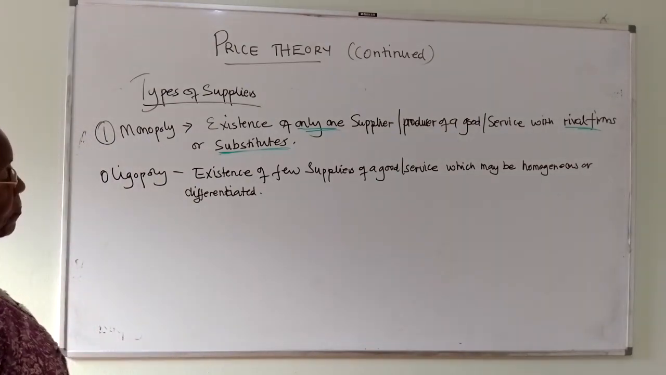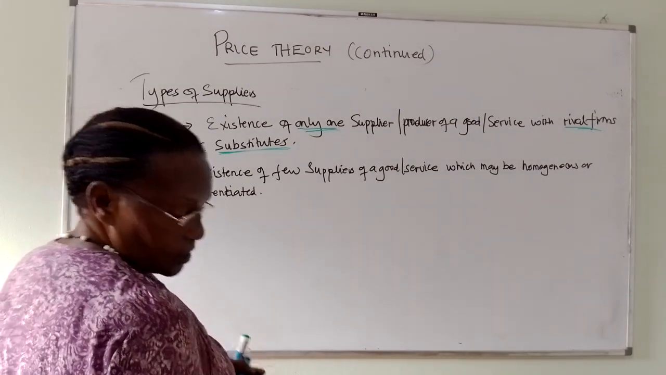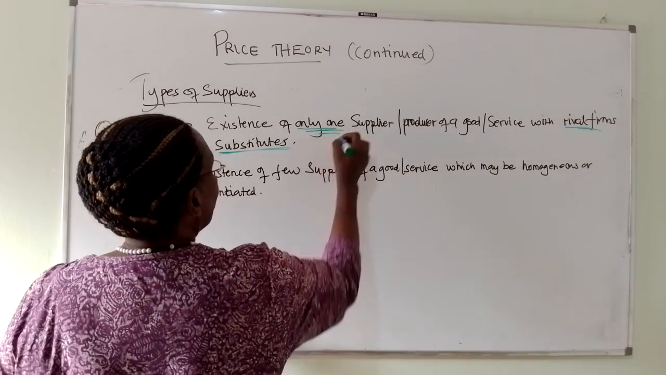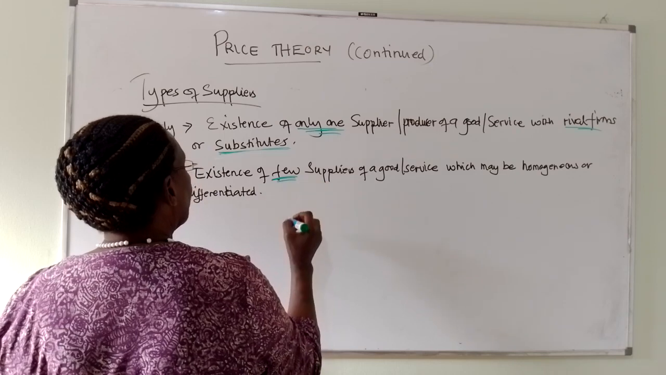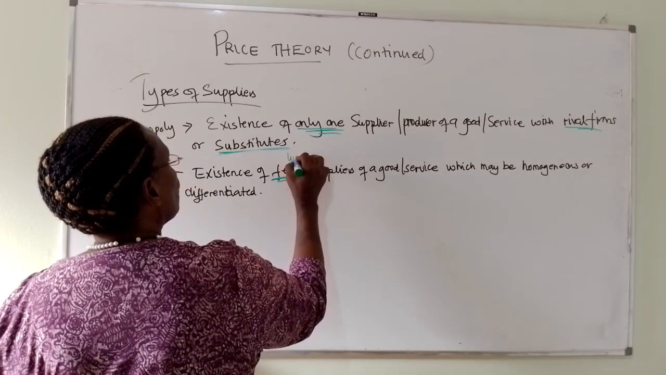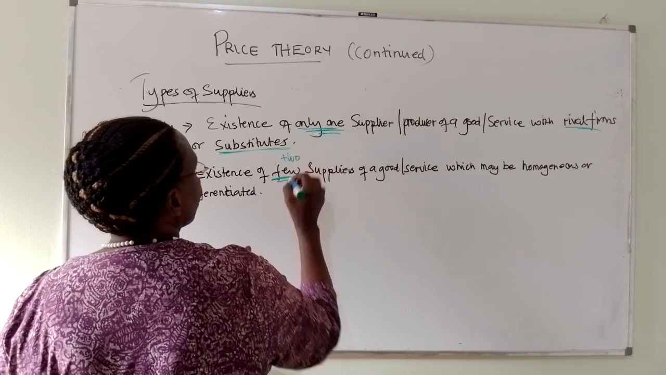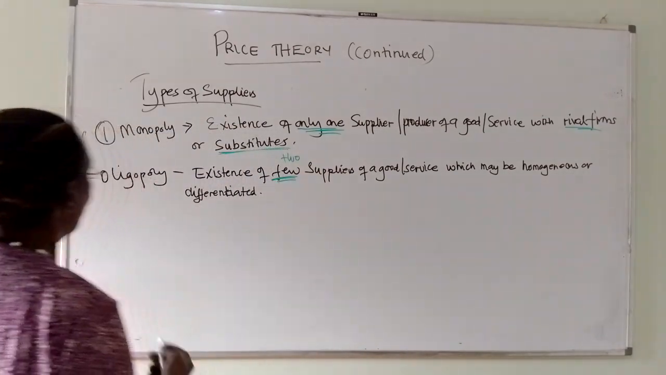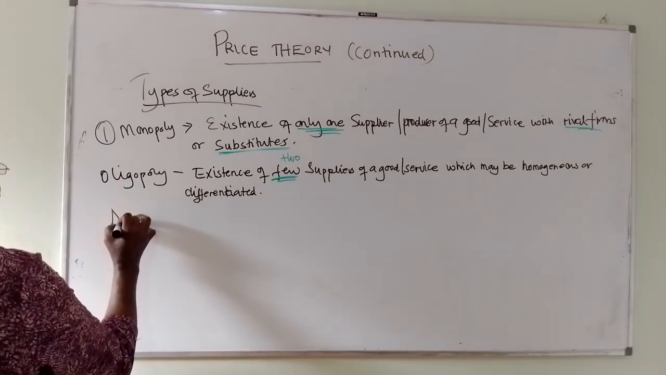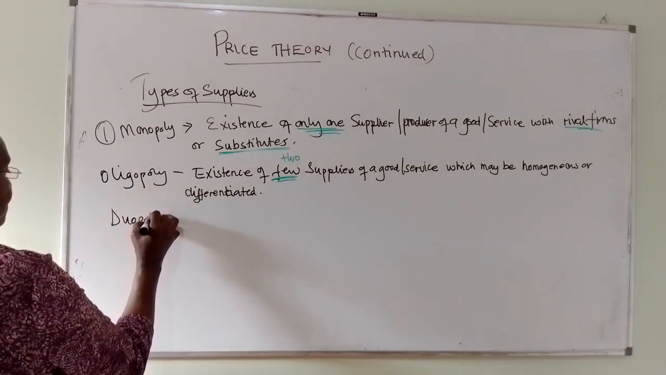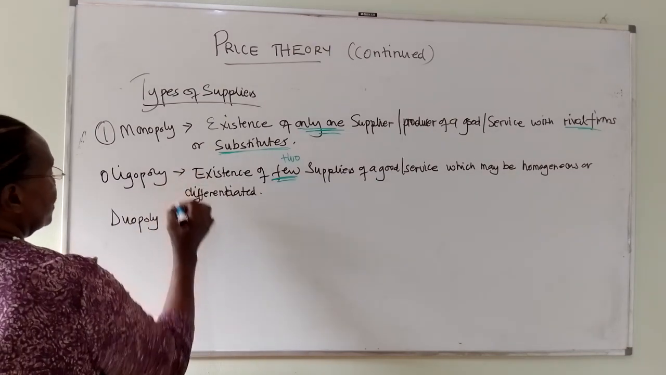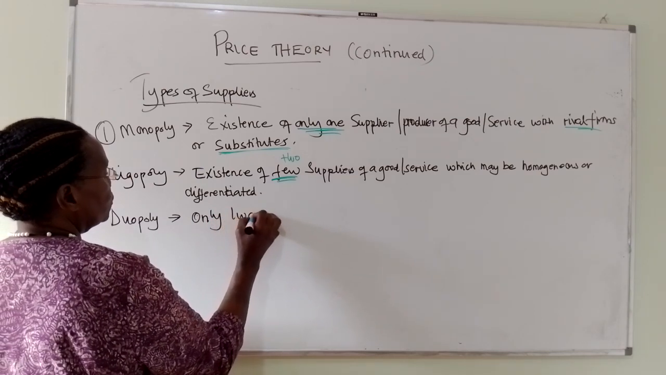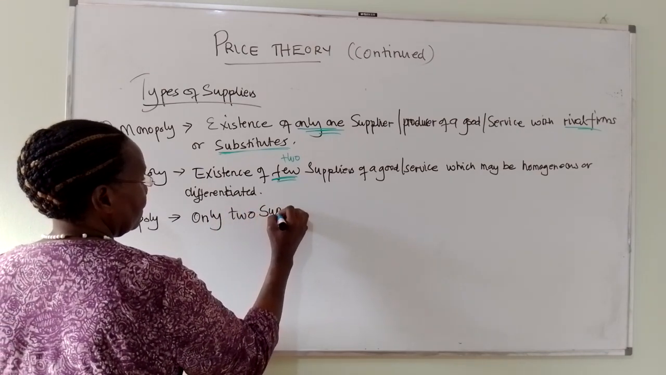So if you have oligopoly, usually the suppliers are few. Here we had only one, but here they are few, and they can be as few as two. If they are two, again we say they are very few. So where they are as few as two, then we call that one duopoly. So duopoly is where we have only two suppliers